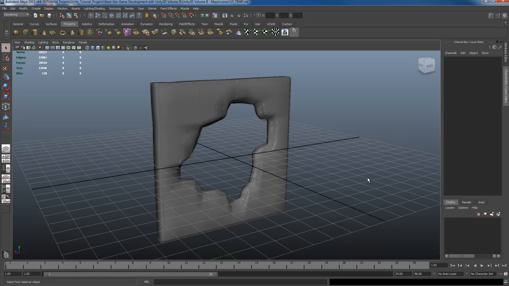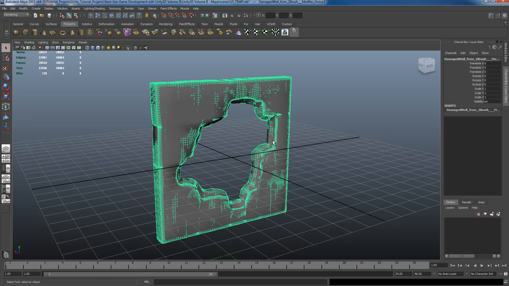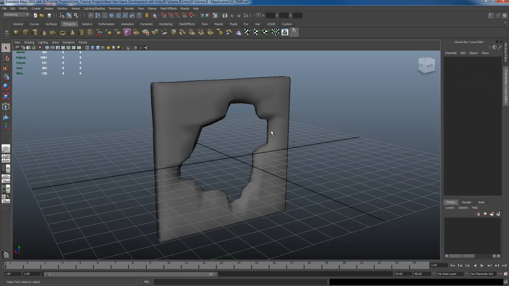Okay, so now what we're going to do is the normal mapping. Let me take this medium res object that I don't need at the moment, and I'm going to hide it. And what I'm going to do is import my high res object. I'm just going to drag and drop this OBJ into my Maya